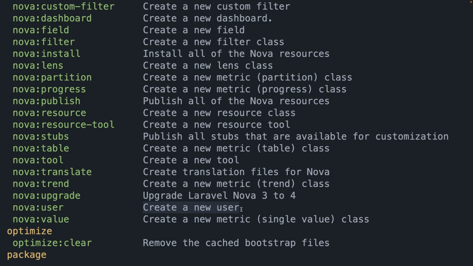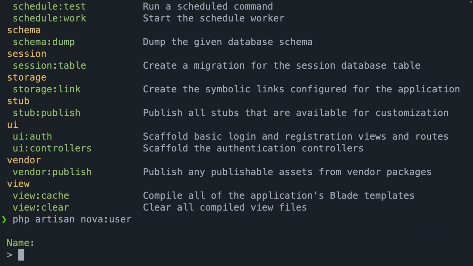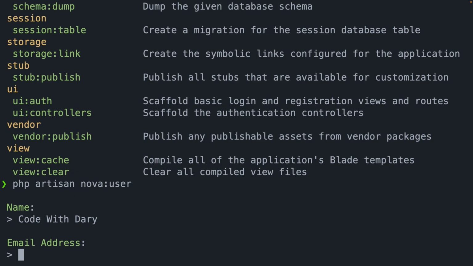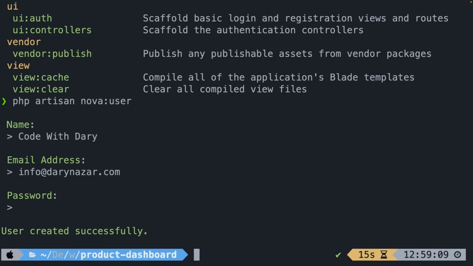So let's run it. Let's say PHP artisan nova:user. It's asking us for a name, so let's say Code with Dari. It's asking us for an email, which will be info@darinuzar.com, and it's asking us for a password, which will be my secret password. As you could see, it has prompted us with a message saying that the user has been